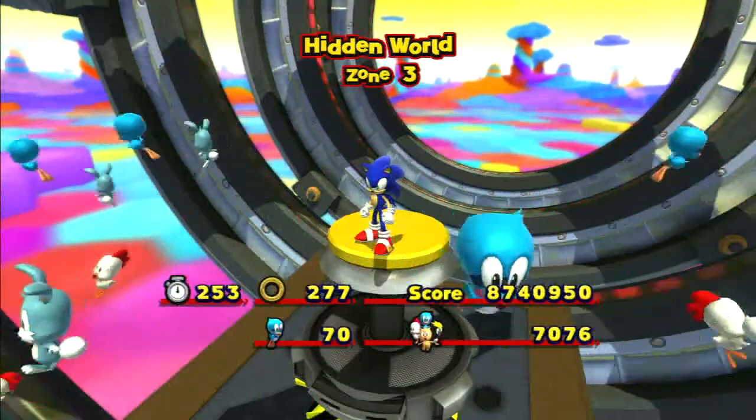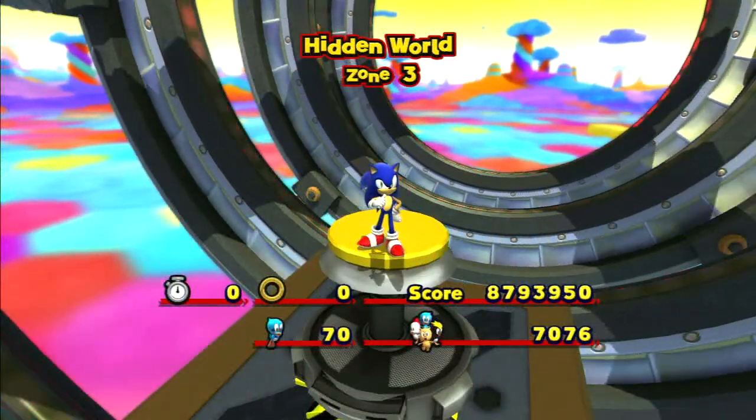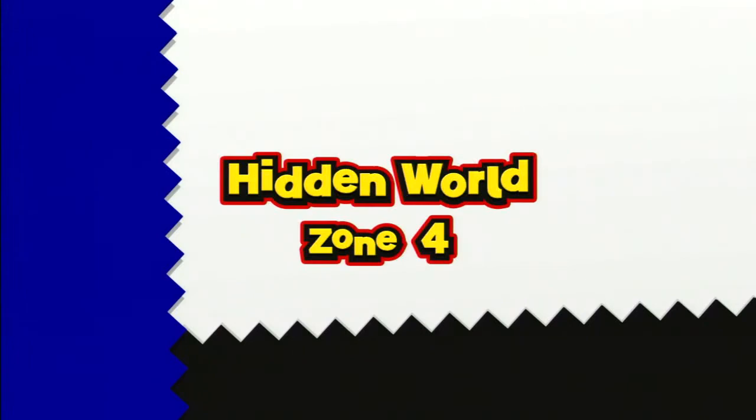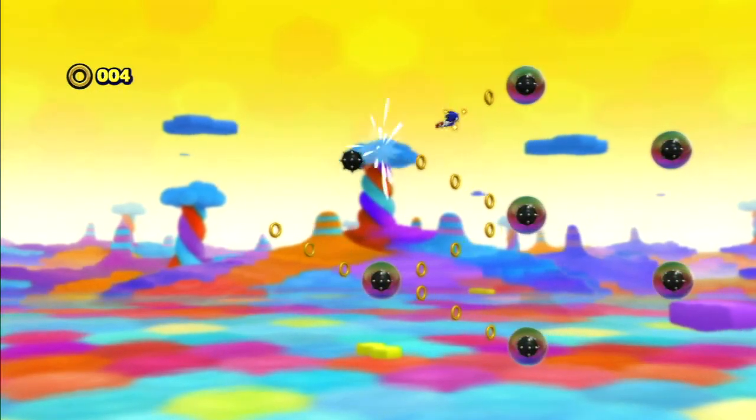Next we're gonna get probably the most annoying Hidden World level. Special World, Hidden World. So look forward to that. It's a really annoying level. So here we have Hidden World Zone 4. This level,